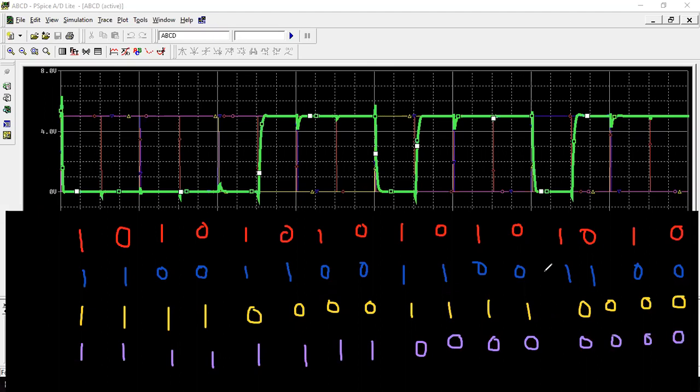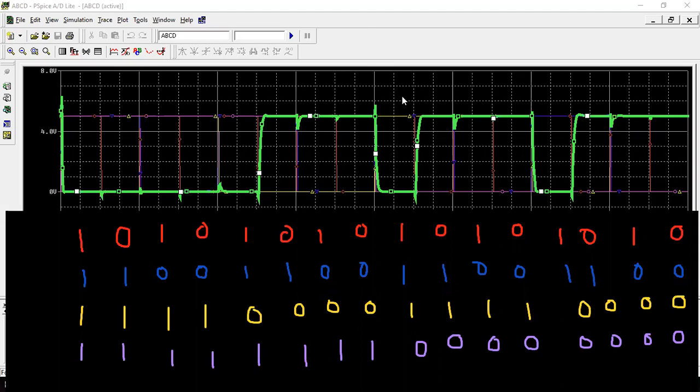Okay, so these are your inputs. Now, what is your output? Output is already shown here in the thicker color, the green one. So here 0, 0, 0, 0, 0, 1, 1, 1, 0, 1, 1, 1, 0, 1, 1, 1, right?